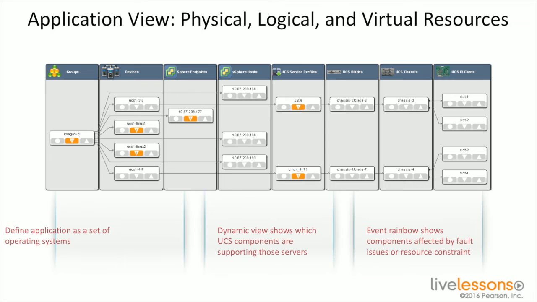So where the virtual machine lives, we'd be able to understand what particular UCS server that would be sitting on. We'd then be able to understand what's connecting that UCS server to the network, so I can see the switches that are attributed to it. I can also see what storage arrays are tied to that particular application. So all these different components sort of tree out and build out a component list that shows how that application